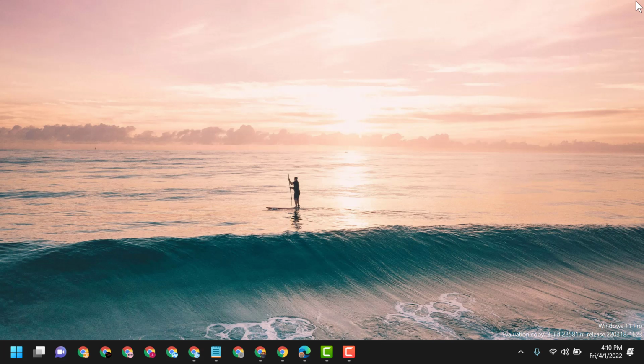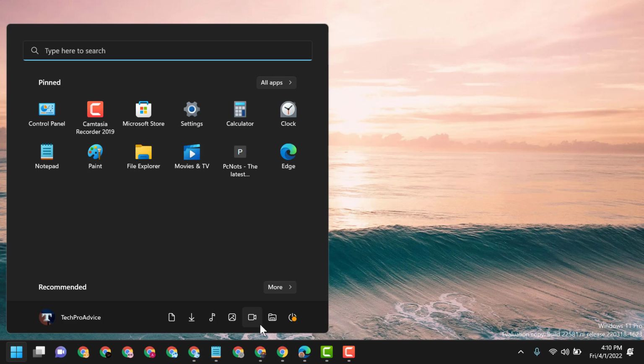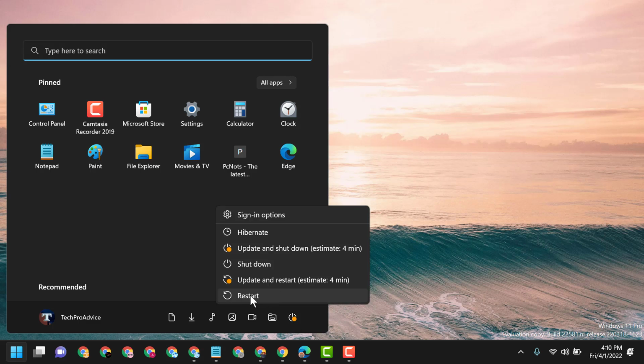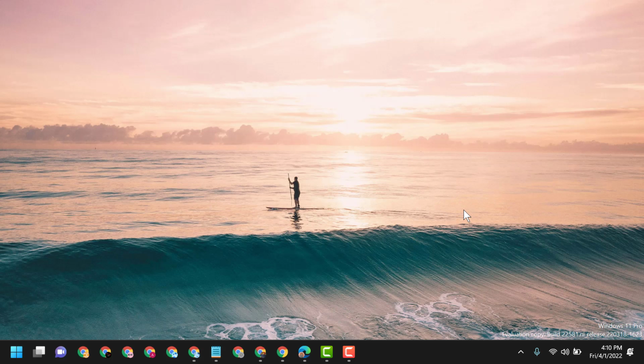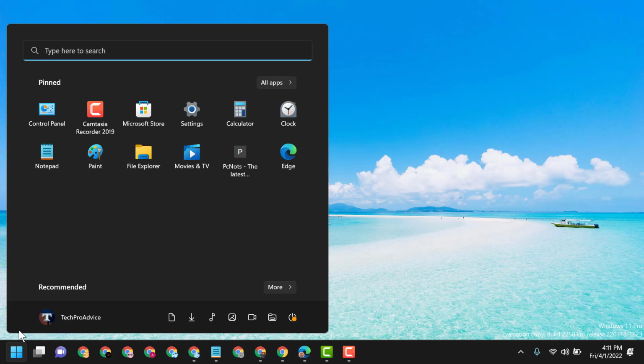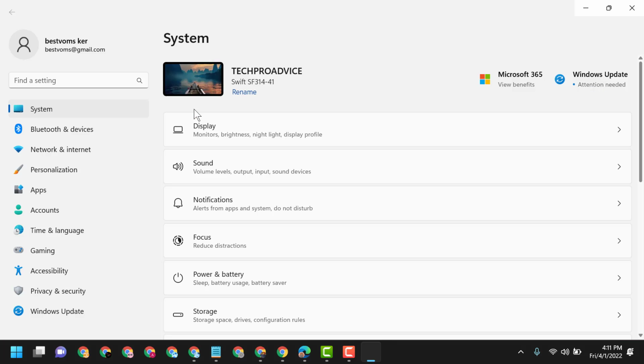close it and restart. Hopefully guys, after restart you can fix and resolve this problem, and still you are facing after restart VPN problem. So try second method, settings, network and internet,